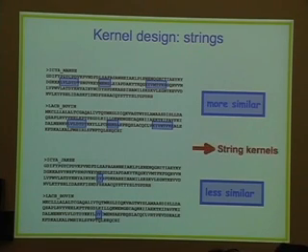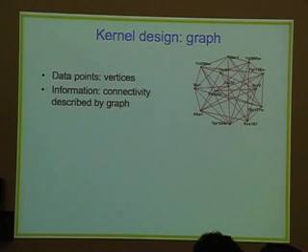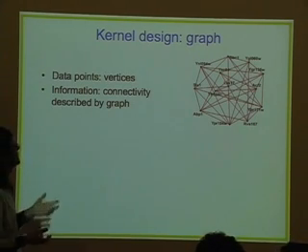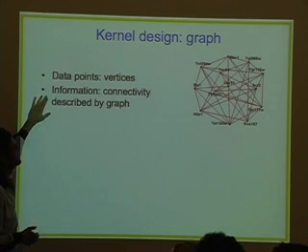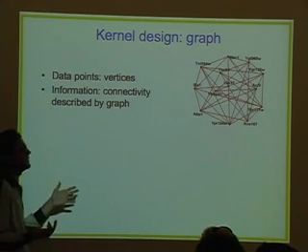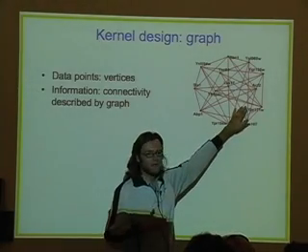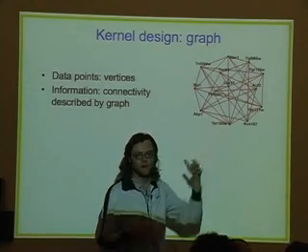Now, obviously, there's one thing here, which is we have to make sure that that process leads to a positive semi-definite kernel design, because these matrices need to be positive semi-definite. Now, it turns out that this type of kernels, which is called string kernels, does lead to such positive semi-definite kernel design. Another type of information that we can flexibly deal with here is, for example, graph-based information. So imagine that the data points we want to classify are the vertices of a graph, and the information that we have about them is the connectivity described by the graph. So this could be a whole bunch of proteins that we try to classify according to their function, and the connections are whether they interact or not.